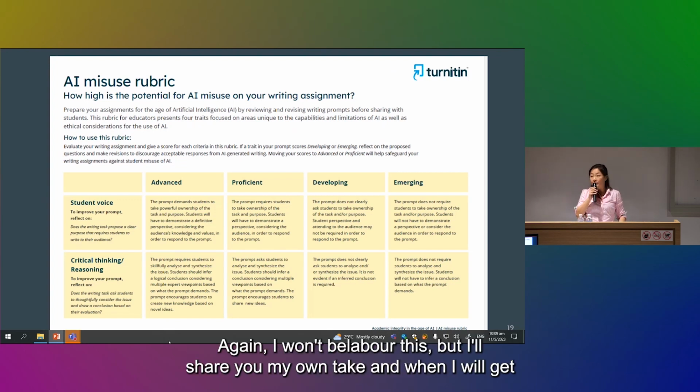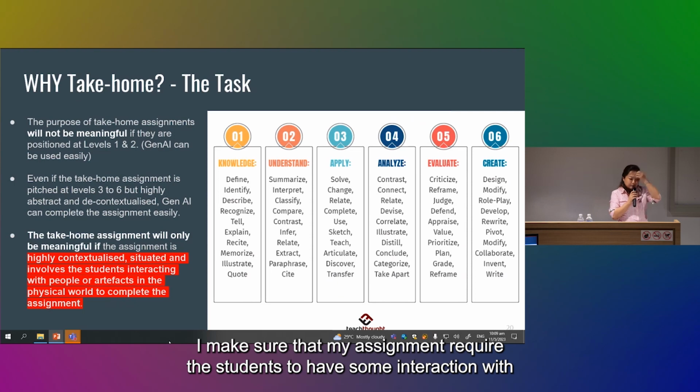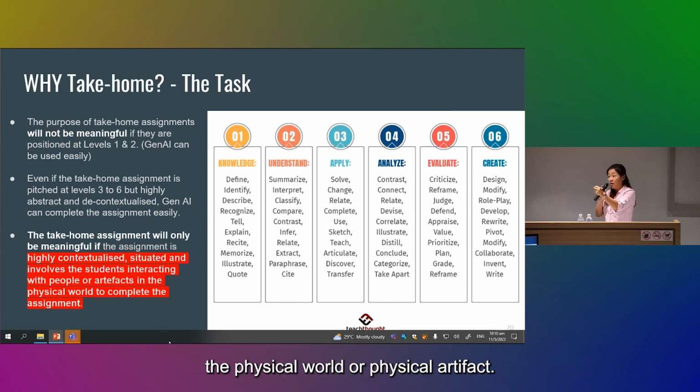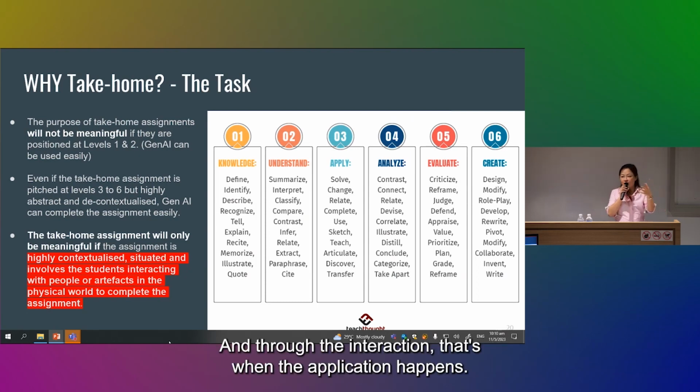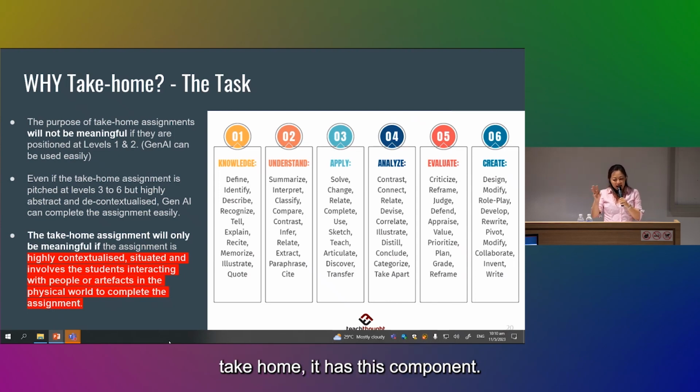Okay? Again, I won't belabor this, but I share with you my own take and when I will get my students to take home the assignments. I make sure that my assignment requires the students to have some interaction with the physical world or physical artifact. And through the interaction, that's when the application happens. So that's one of the things I make sure that if I want them to take home, it has this